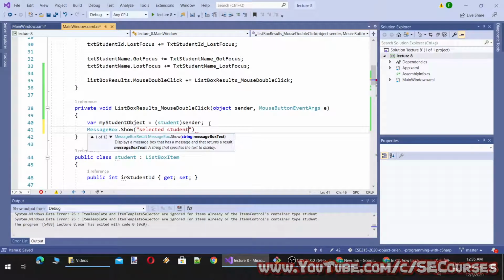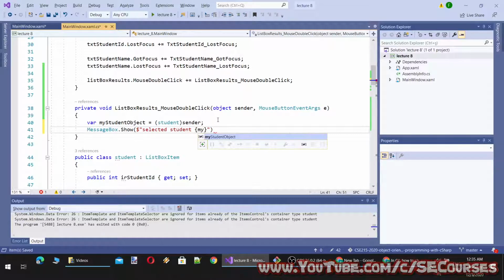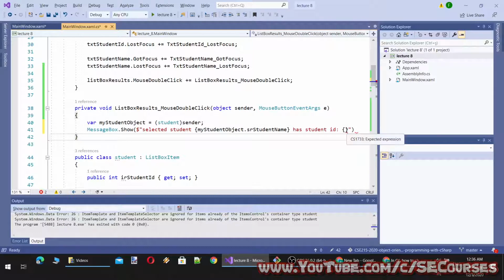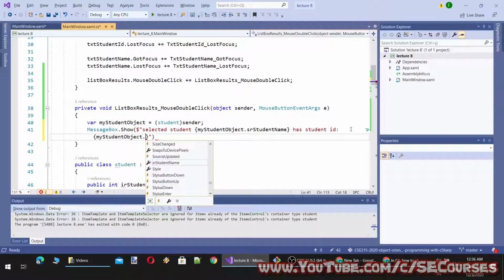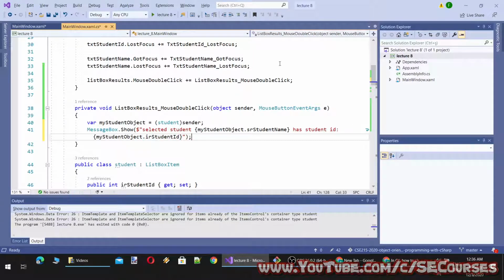selected student. Let's get the name. myStudentObject.Name has student ID equal to myStudentObject.StudentID. Okay, let's see if it is working or not.